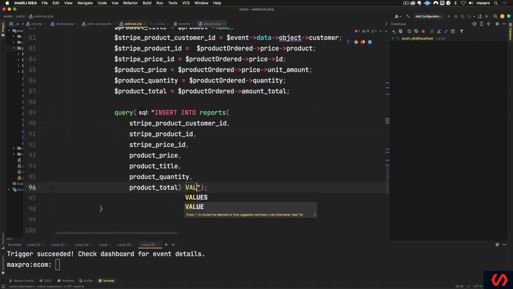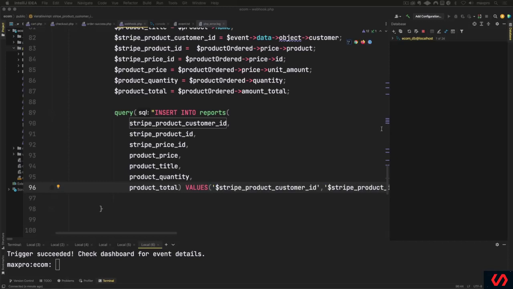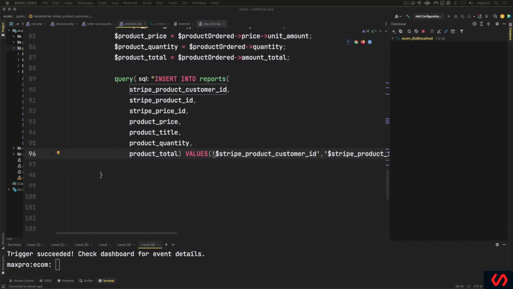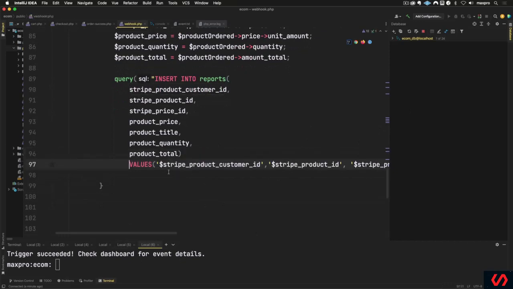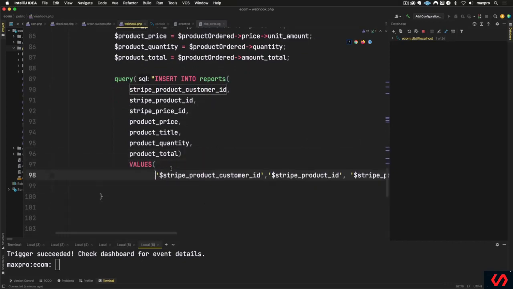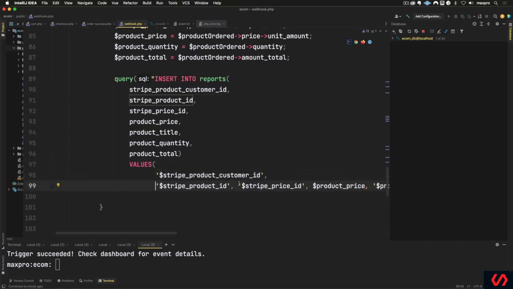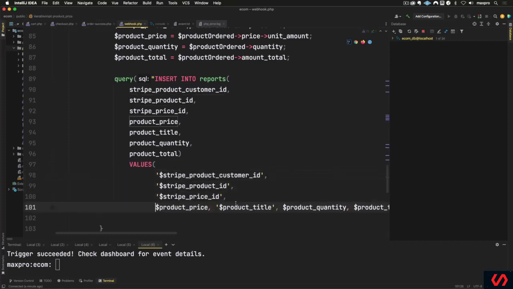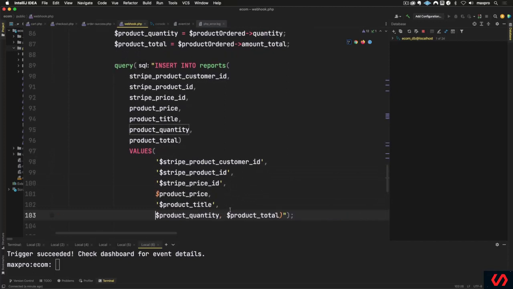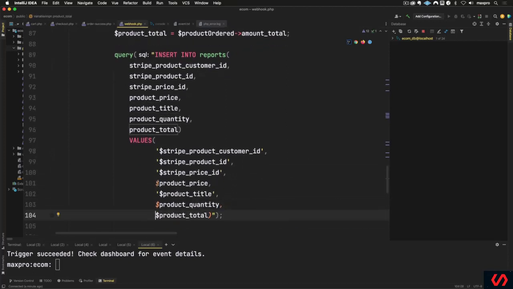So now let's do values. And I'm not gonna make you watch me copy all this stuff. Well, I wrote it down because I like to do things the hard way. Anyway, so let me bring it down here so that way you guys can see it. All right, so hopefully this works. The product price,